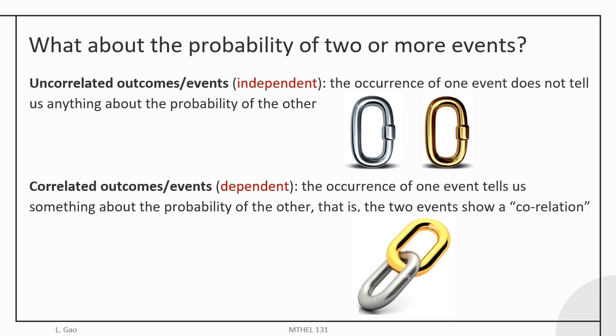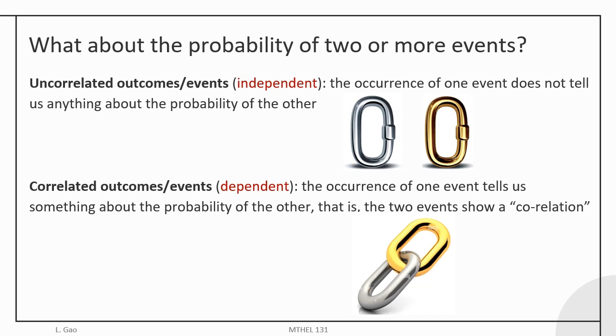So far, we've been talking about probability distributions and characteristics for one event, but we also want to think about multiple events and their relationships with each other, especially when we're talking about pooling different events together. So, uncorrelated or independent events, I'm going to use these two terms synonymously in Math 131, even though technically speaking, they're not quite the same thing, but that's for Stat 230 to cover.